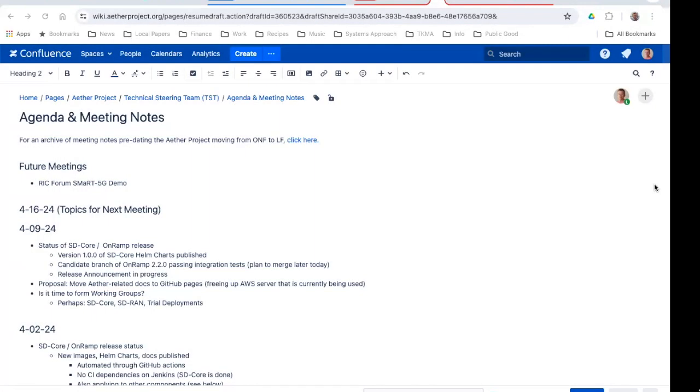So we don't have a lot on the agenda today, but feel free to add or raise more topics if you have them. I wanted to start with a bit of an update on where things stand with the SD core release. It's sort of got two halves, just to bring everybody up to speed. There's SD core itself, and the new Helm charts, now known as version 1.0.0, adopting